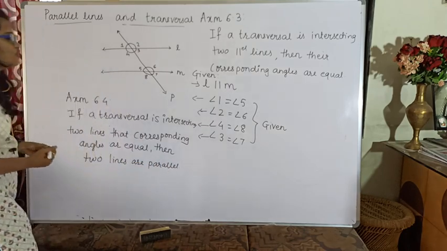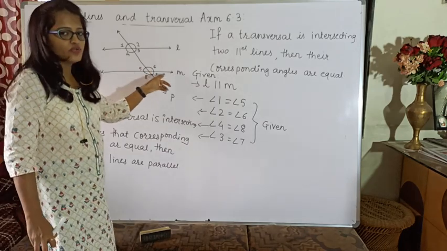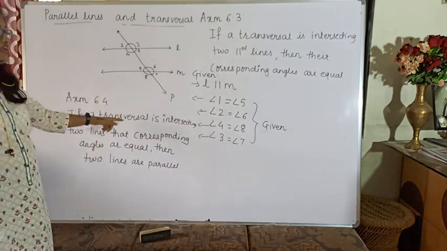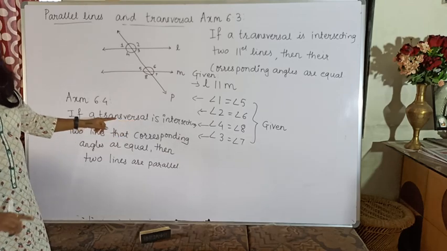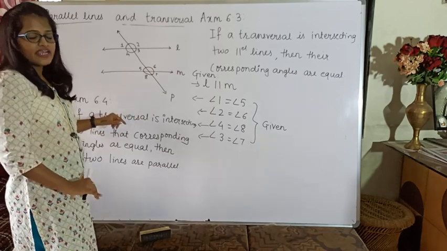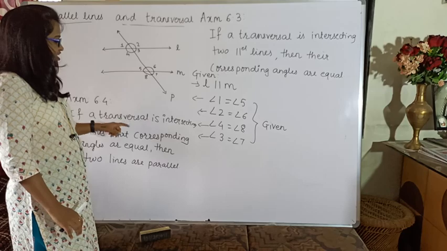So if two lines are parallel, corresponding angles are equal, and its converse: if you are drawing a transversal in such a way that it is intersecting two lines, currently I don't know whether they are parallel or not, but if their corresponding angles